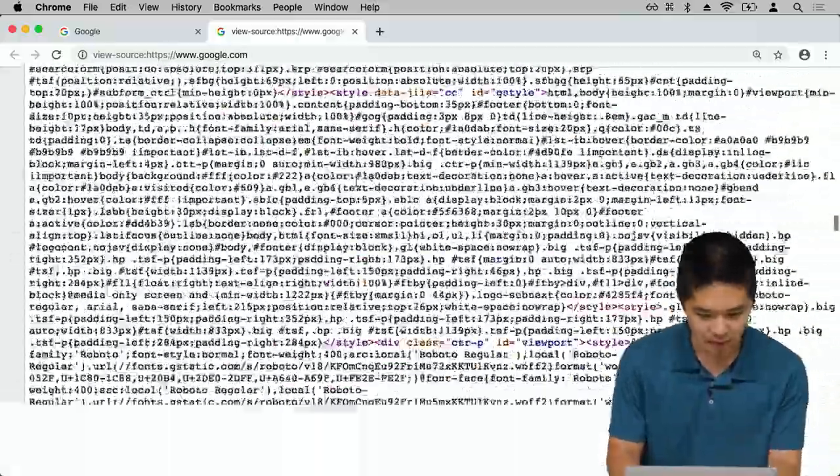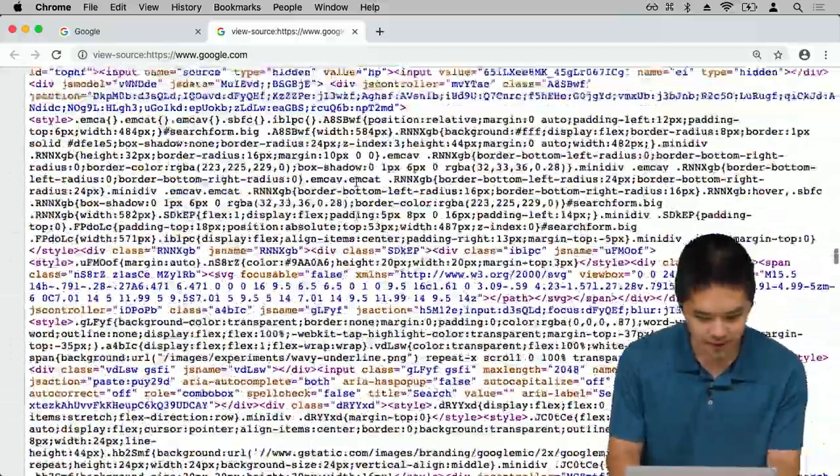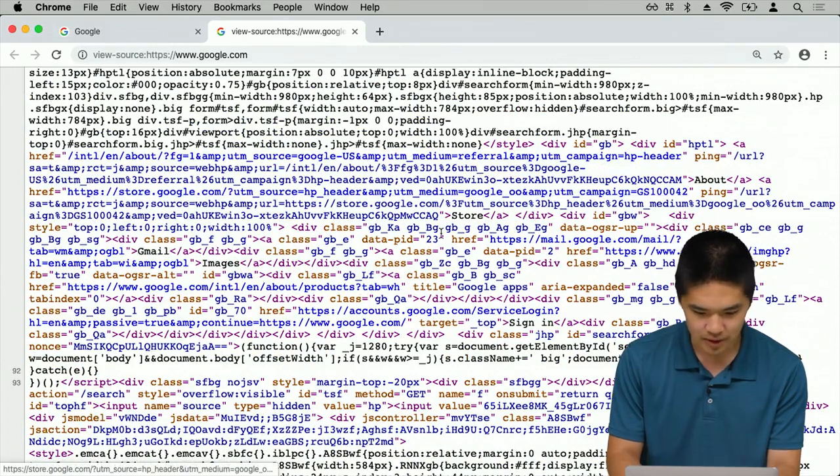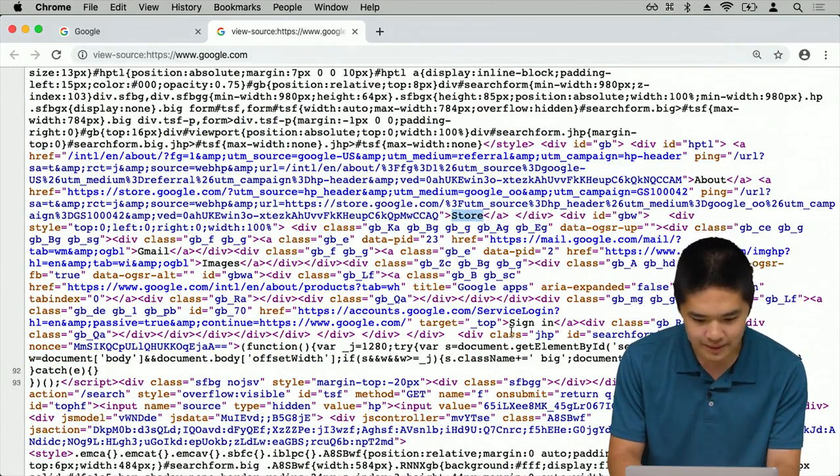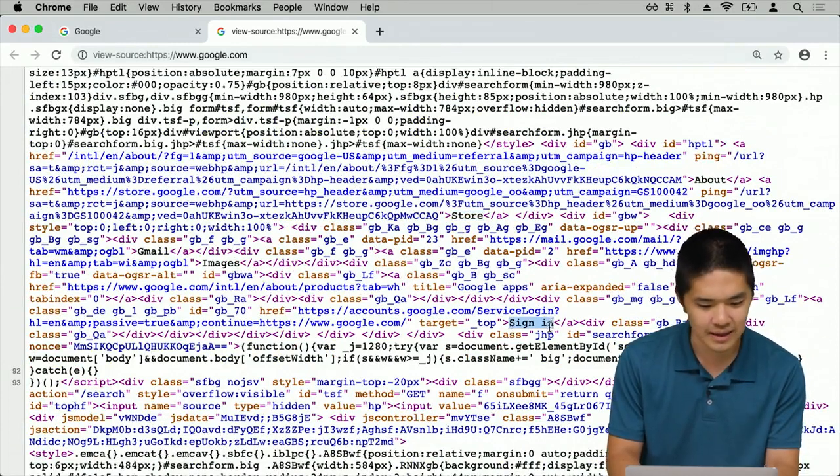And if we scroll down far enough, eventually we'll find, for example, that there are some things that look a little bit familiar. For example, you'll notice there's a store button here. There's some text that says sign in there. So even though a lot of this looks very, very cryptic, there are a couple of elements that might ring familiar if you've visited Google's web page before. So we'll start instead by looking at a much simpler web page, but our very first web page written using